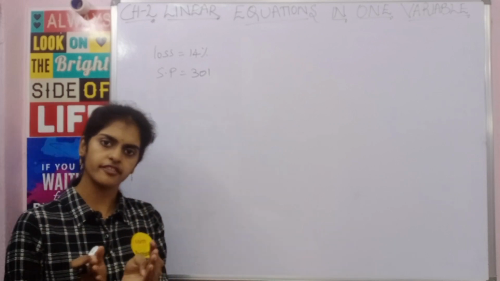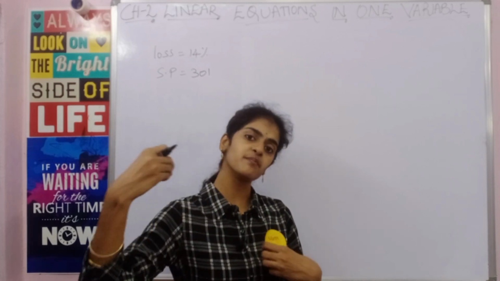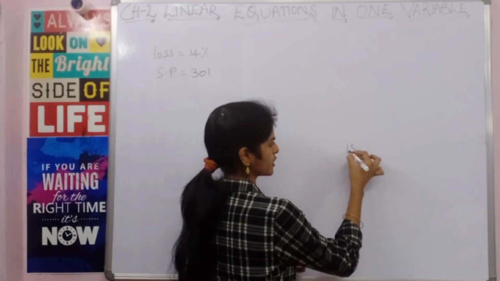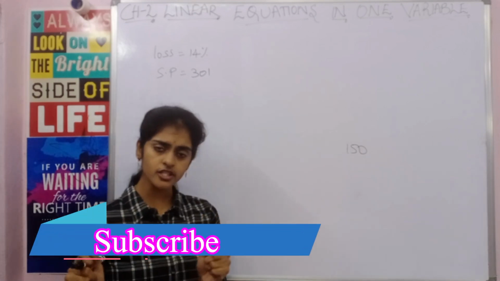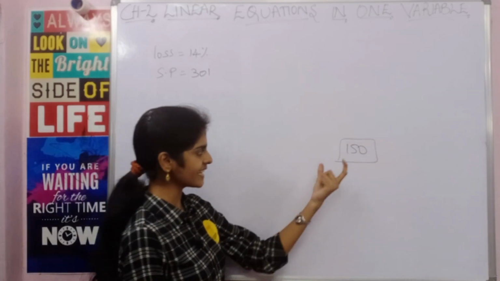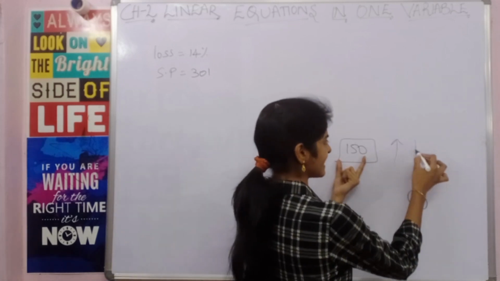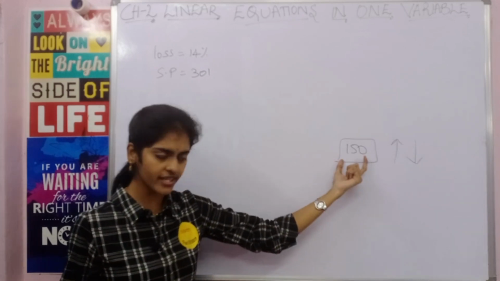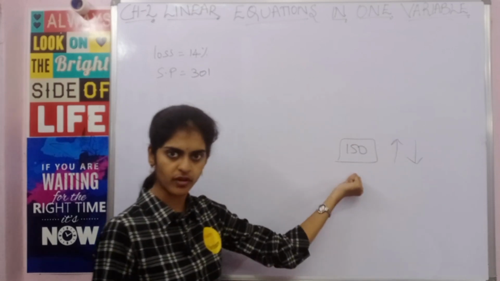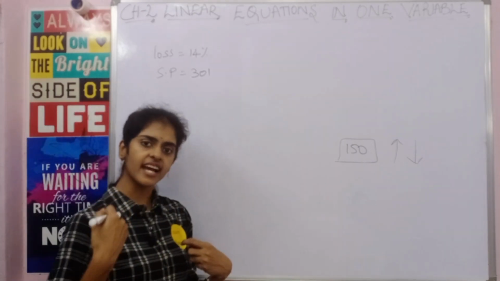Loss or profit, always we calculate on the cost price. So we calculate on how much we are spending. Clear? So suppose you bought something for 150 rupees. So did you get loss or profit? Always you will calculate on this 150 rupees. If you are selling more than 150, you get profit. If you are selling less than 150, you will get loss. So always we will see with reference to the cost price 150. Here cost price is nothing but how much you are spending to get that product.